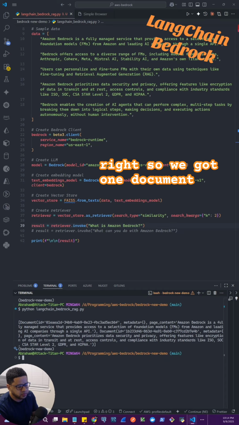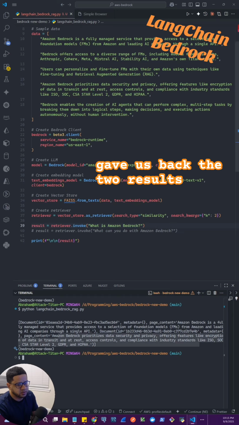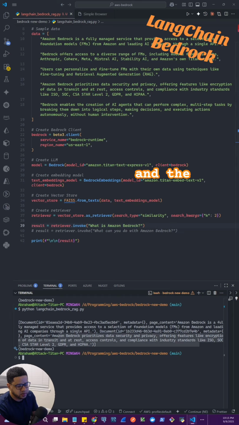All right, so we got one document back and we asked for 2, but we got 1. Oh no, there's 2 in here, there's a list of 2. So here it says Amazon Bedrock is a fully managed service that provides access to a selection of foundational models. And then there's another document here that says Amazon Bedrock prioritizes data security, privacy, and so on. So it gave us back the 2 results we asked for, and the top one